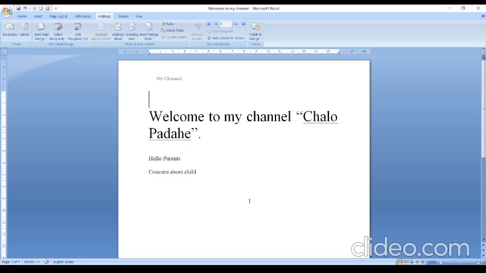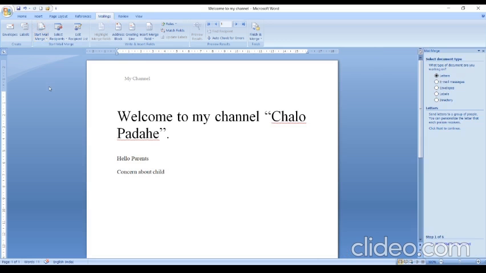Now, how to do mail merge? Go to mailing. Then go to start mail merge, go to options, step by step mail merge wizard. This type of dialog box will open. Click on letter because we are creating a letter. Then click on next, starting document. Then I am using this current document. If you want to start from a template or from an existing document, you can do it in that. So I am using the current document.